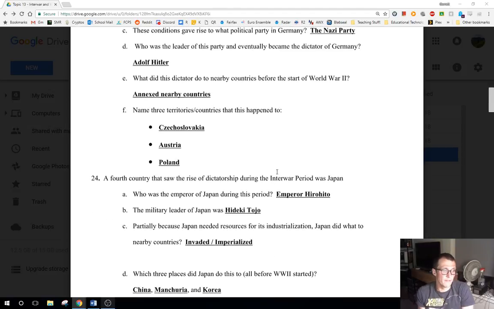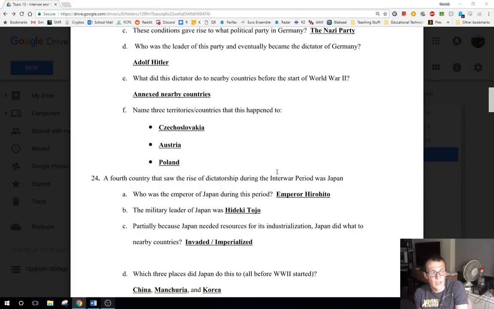So anyway, a fourth country here is going to be Japan, where you're going to also have a sort of dictator. You will have an emperor in Japan. His name is Emperor Hirohito. He's seen as this almost godlike figure. He's definitely almost divine in the eyes of the people, and you will also have the mainly military leader named